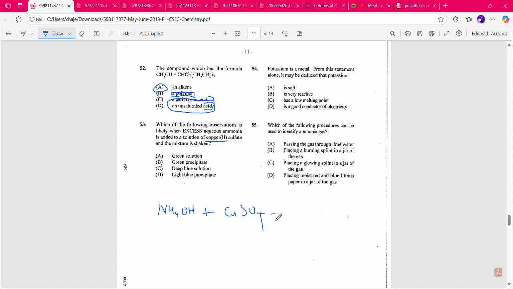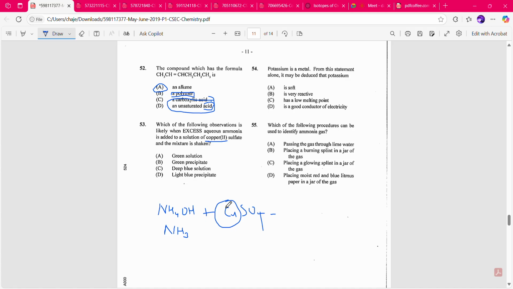Alright, so we have that right there. Could have also written it as just NH3 because it's still in fact ammonia. When we react this, we form technically something that we call a ligand. I don't want to get too in depth with that. So I'm just going to say that the solution that we form is based on the copper ions that we have here, right? So what we're going to see is a deep blue solution.